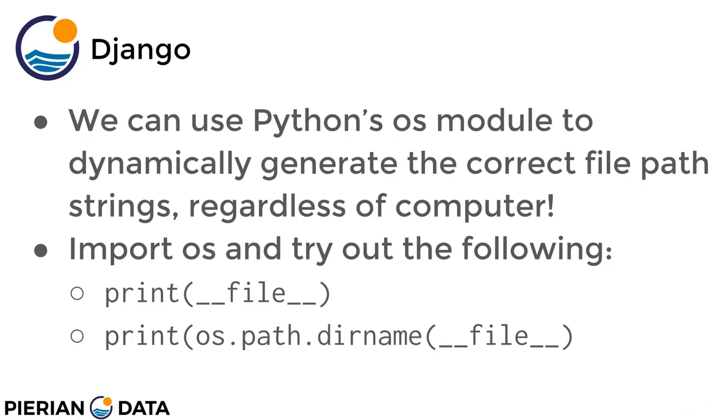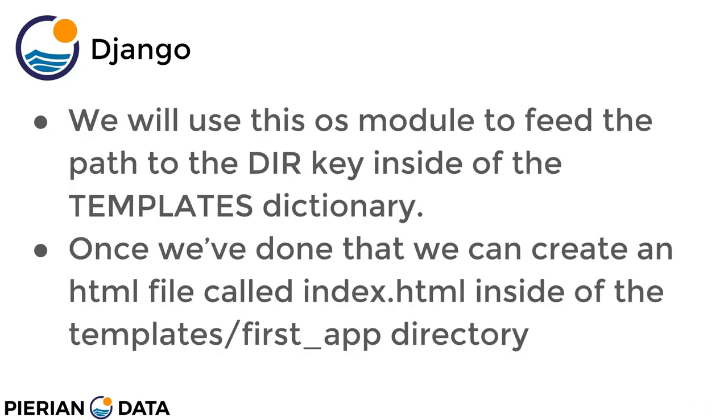And we're going to actually show you examples of this right when we're done with this presentation. But we're going to be using this OS module to feed the path to the dir key inside of that templates dictionary. Once we've done that, we can create an HTML file called index.html inside of the templates first_app